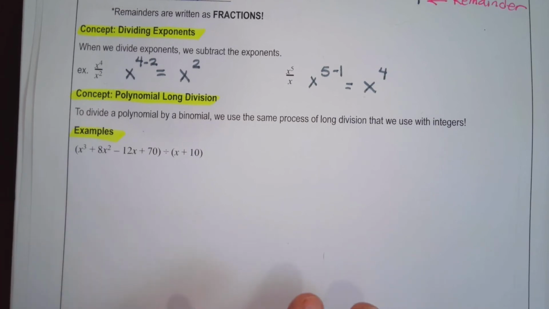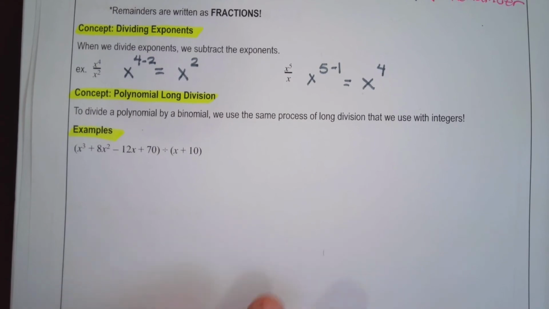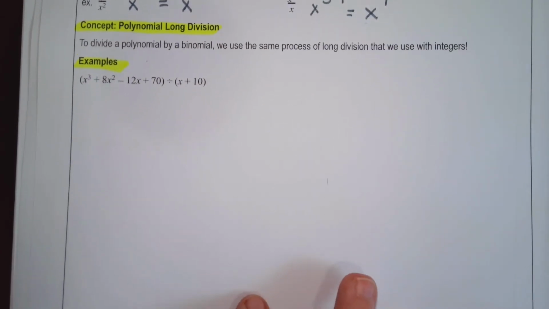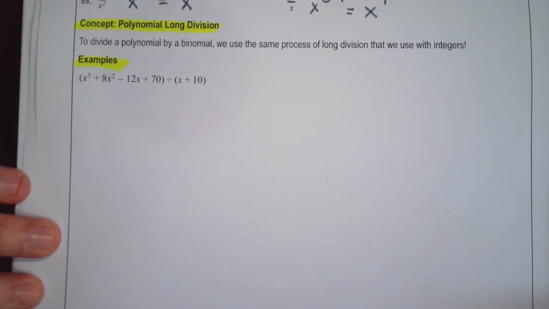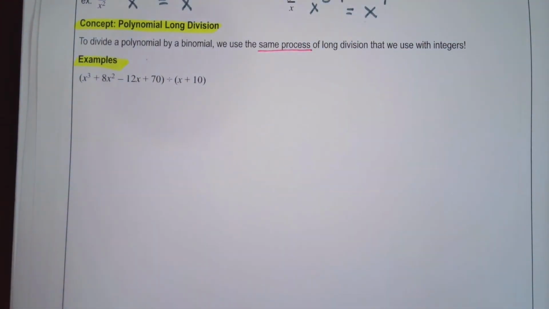So that is how we take care of when we're dividing exponents. So now that we've talked long division and we've talked about dividing exponents, now we're going to talk polynomial long division. So to divide a polynomial by a binomial, we use the same process of long division that we use with integers. So that divide, multiply, subtract, bring down, repeat process that we just did with integers, we're going to do with polynomials. So first we need to set it up